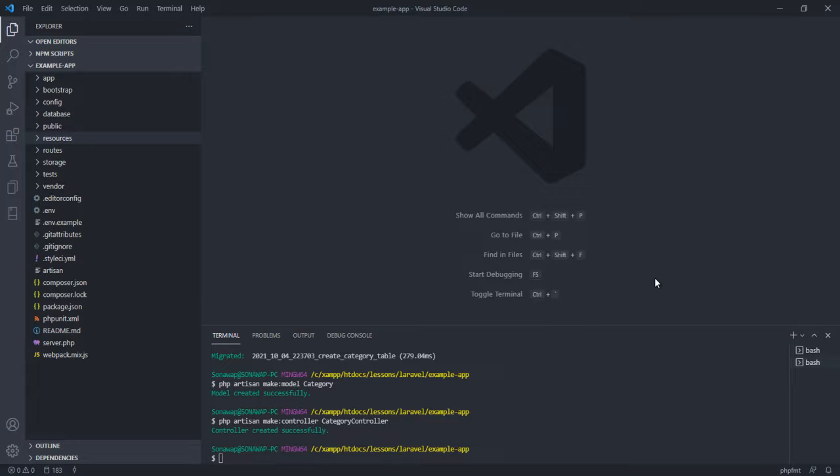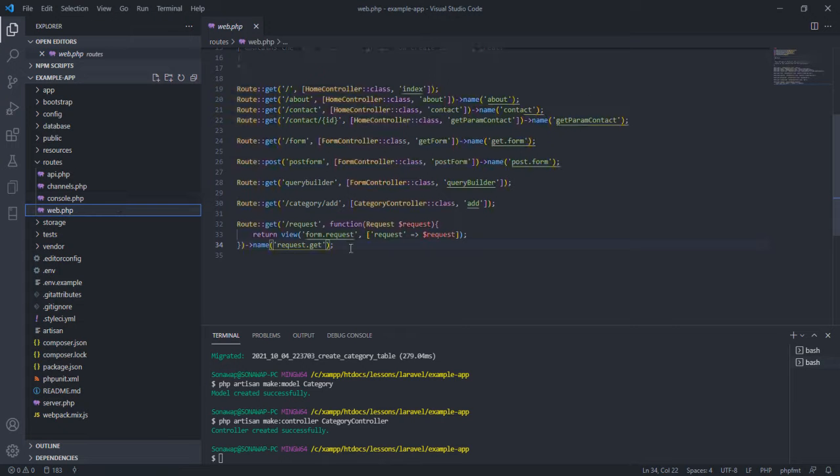So let's just move on and go to routes. Let's talk more about routes in this video. And you can see if I keep doing it this way, I'm going to have a lot of routes, and I'm going to lose track of those routes. For example, if I'm building a very big application, I don't want to keep doing my route like this, because it's going to get to a point that is going to be very difficult for me to keep track of